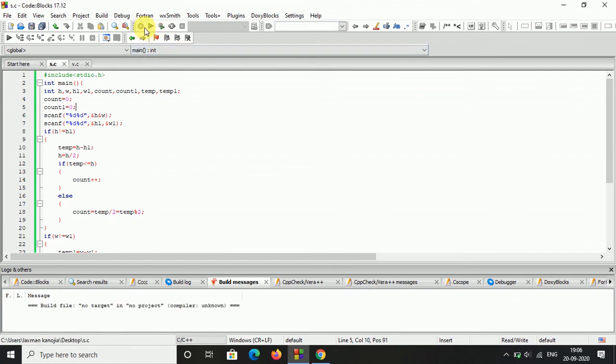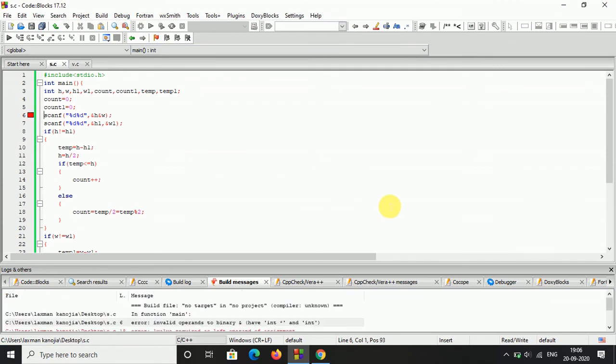Let's run the program. Let's see. Compiling my program. Error occurs: in scanf, %d address of h and w were invalid operands of binary operator.